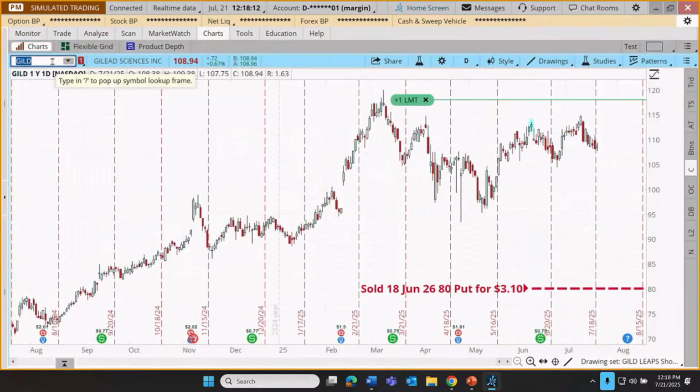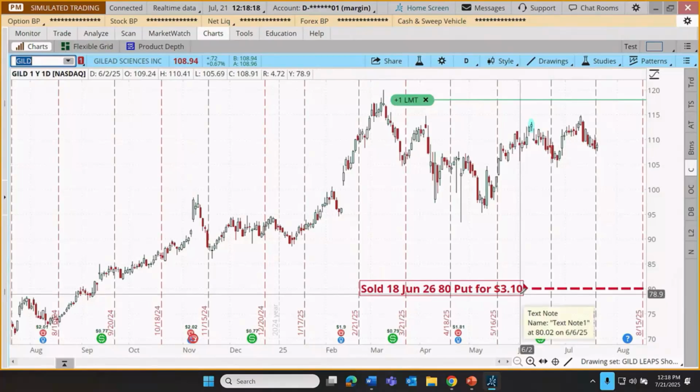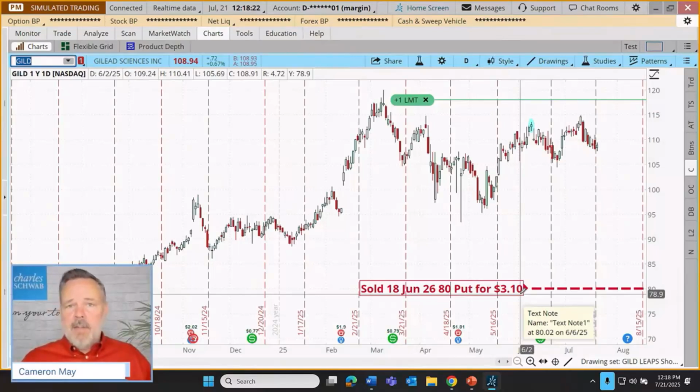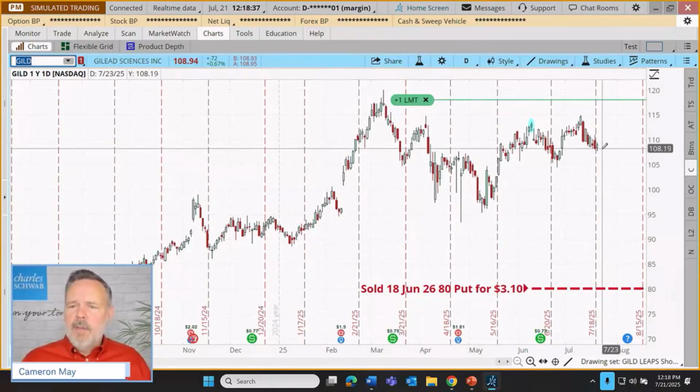With GILD, our stock has been rallying, and we've sold a put into that rally. The preference for a put seller usually is for the contract to just expire worthless, and the higher the stock can go, the more it reduces the value of that put, and also, that might open the door for an earlier exit if the trader chooses to.